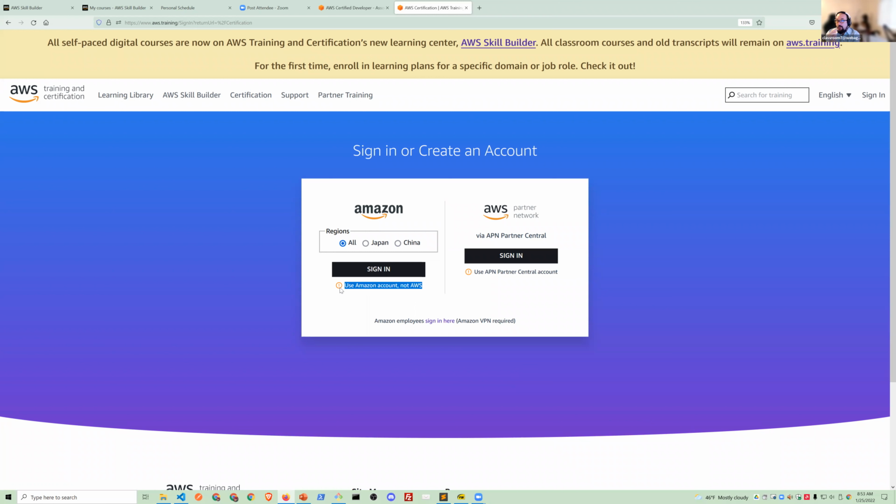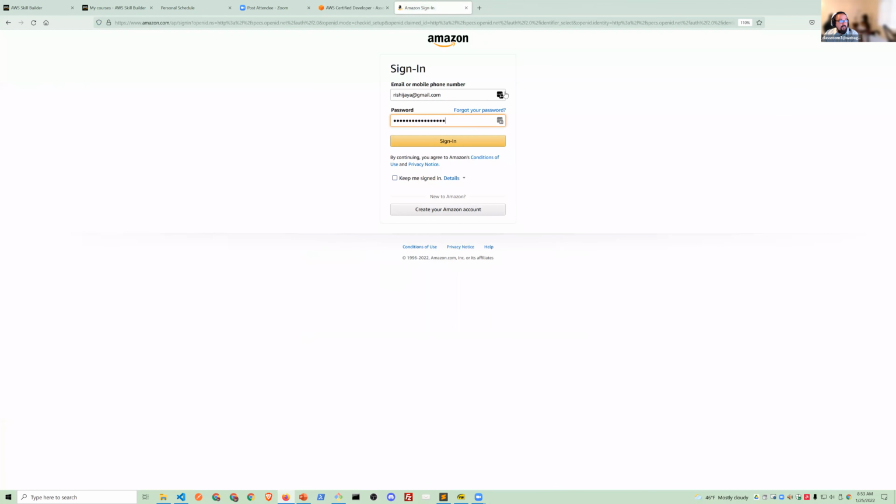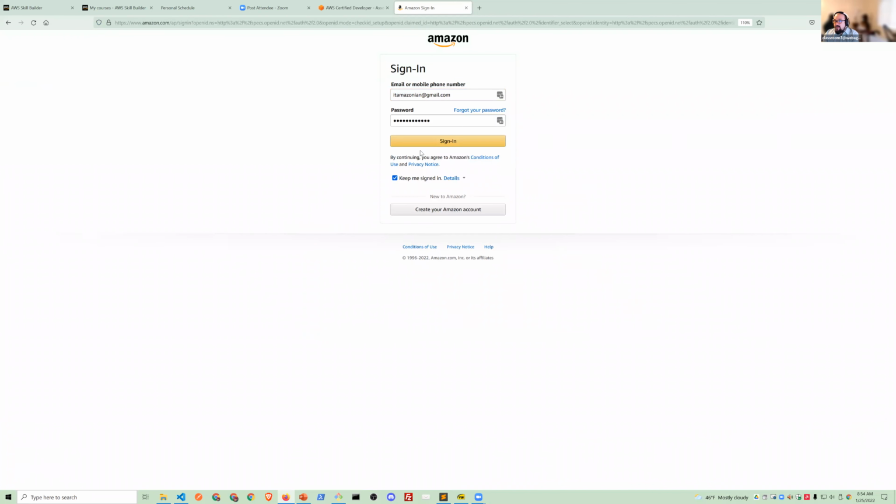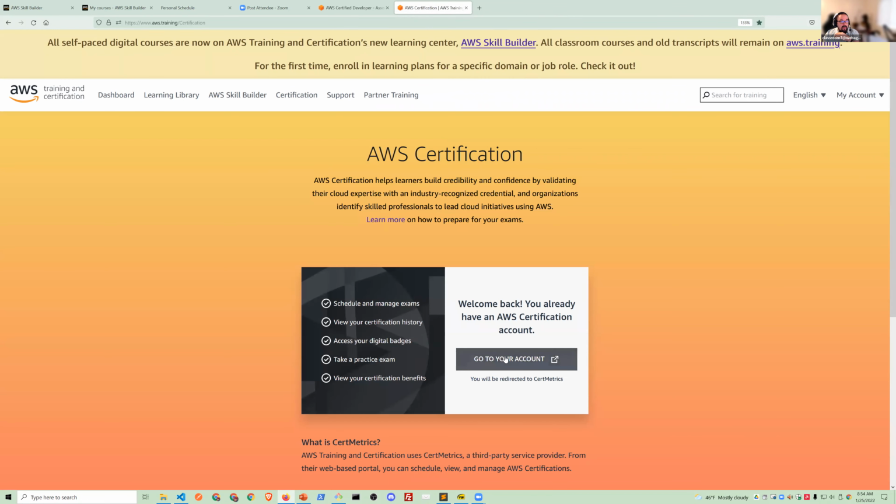So you're all signing in on the left-hand side. When you sign in, it's going to ask you for your Amazon, not your AWS login. This is probably going to be something you already have because we want it associated with you, not necessarily with your employer. Okay. And so once you sign in, it's going to basically say, okay, let's go to your account, and